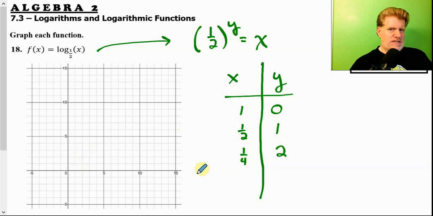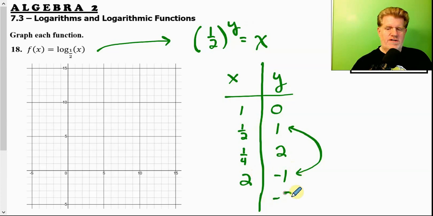Now, how could I make that a little bit easier? Well, I want to pick different values for y. Look at this. If I pick -1, what's 1/2 to the negative first power? And what's a negative power do? Reciprocal. So what's 1/2 to the first? It's 1/2. Flip it over and I get 2. Notice the relationship between these two. +1, I got a 1/2. And -1, I got a 2. See the reciprocal there? So if I went -2,